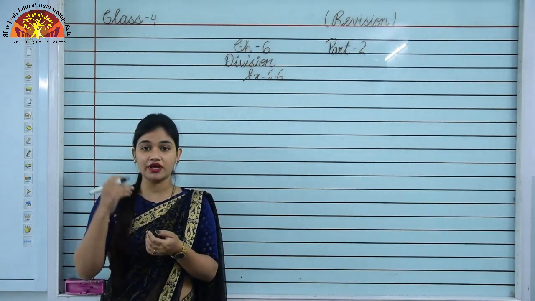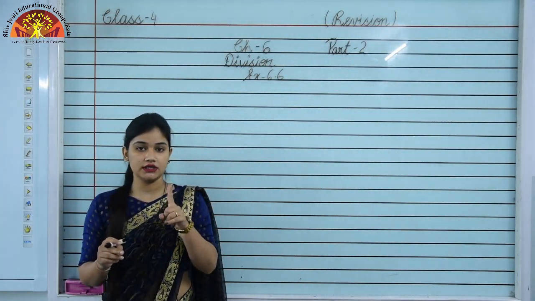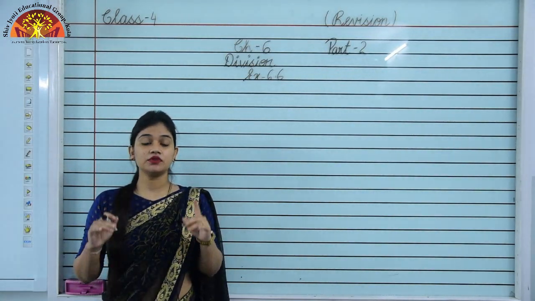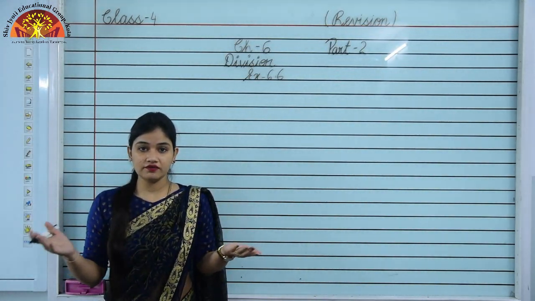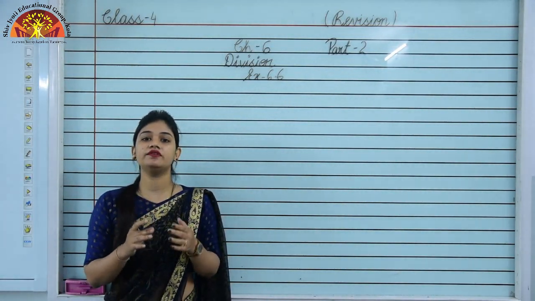तो क्वेश्चन, चैप्टर 5 में हम क्या कर रहे थे? मल्टीप्लिकेशन. Now in this chapter, quantity for 1 is given and we are finding, sorry, quantity of more than 1 is given and we are finding for 1. हम 1 के लिए फाइंड कर रहे हैं, सो वी विल डिवाइड.